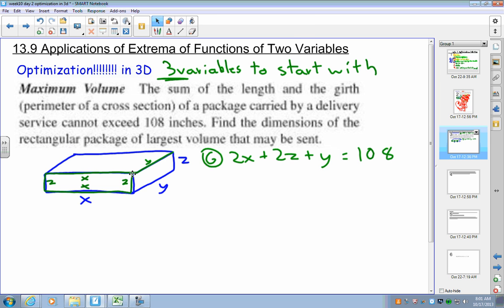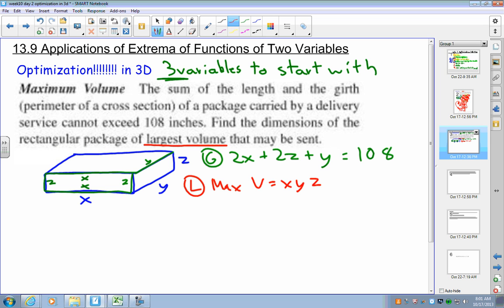And I would like to have the largest volume, so max volume, which is xyz. Okay. Now you know how to take derivatives of multivariable. Okay. We've done it with lots of variables, but I still want to get it down to only 2 variables, and you'll see why here as we keep solving. So